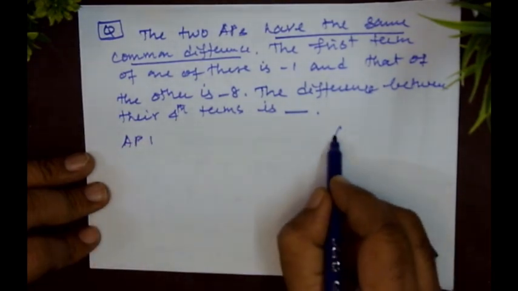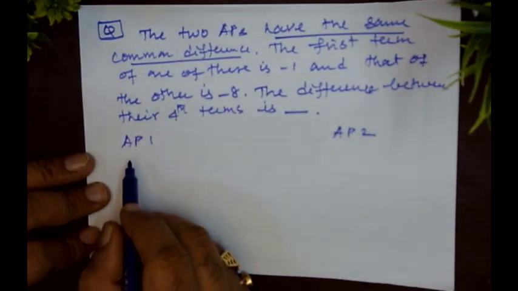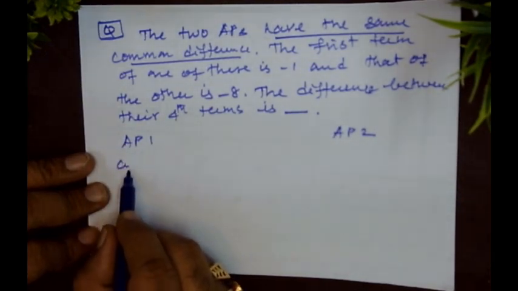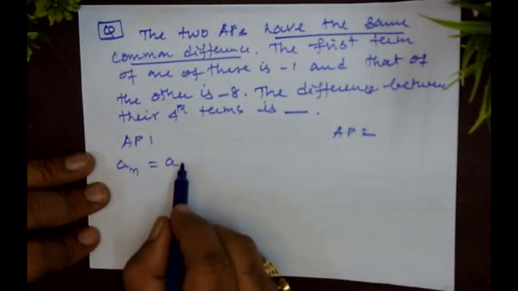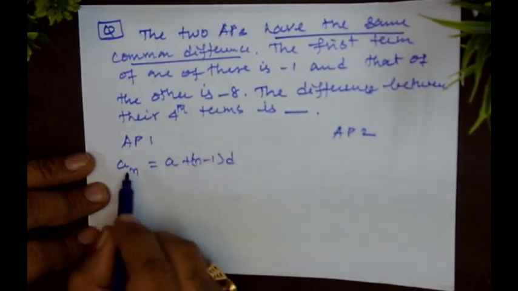AP1, AP2. AP1, it has an nth term equal to a plus n minus 1 into d. This is the general formula,